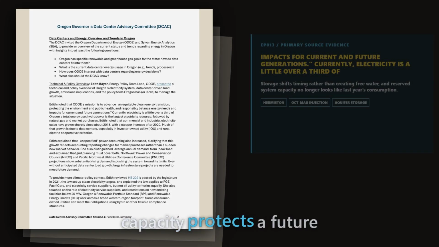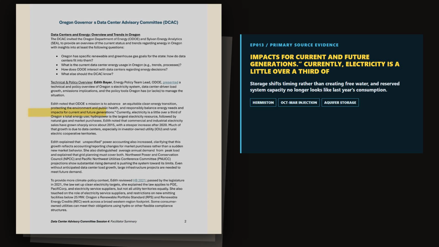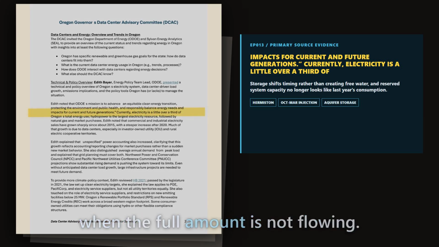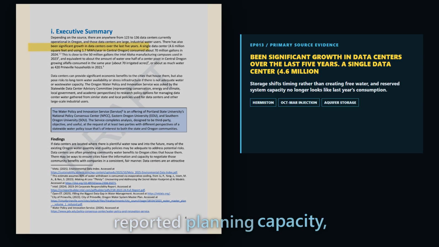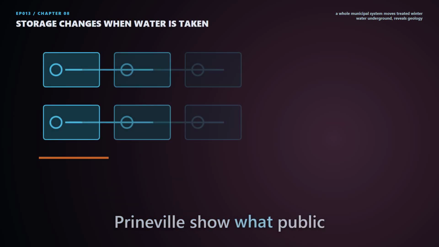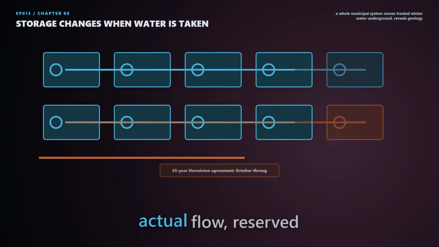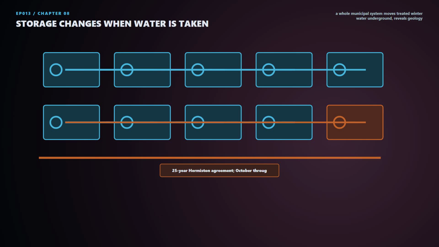Reserved capacity protects a future claim on pipes and supply, affecting what the city builds even when the full amount is not flowing. The 4.658 million gallon figure is reported planning capacity, not actual consumption. Together, Hermiston and Prineville show what public reporting has to separate: actual flow, reserve capacity, who paid, and whether the